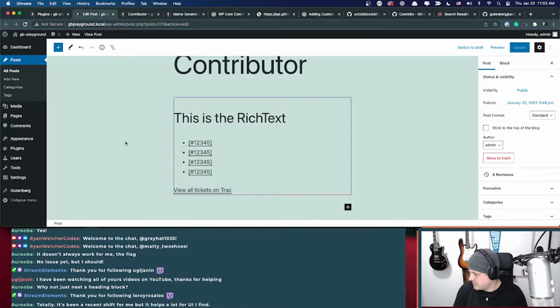Totally, it's been a recent shift for me, but it helps a lot for UI, I find. What helps a lot for UI? Using as many blocks as possible, or